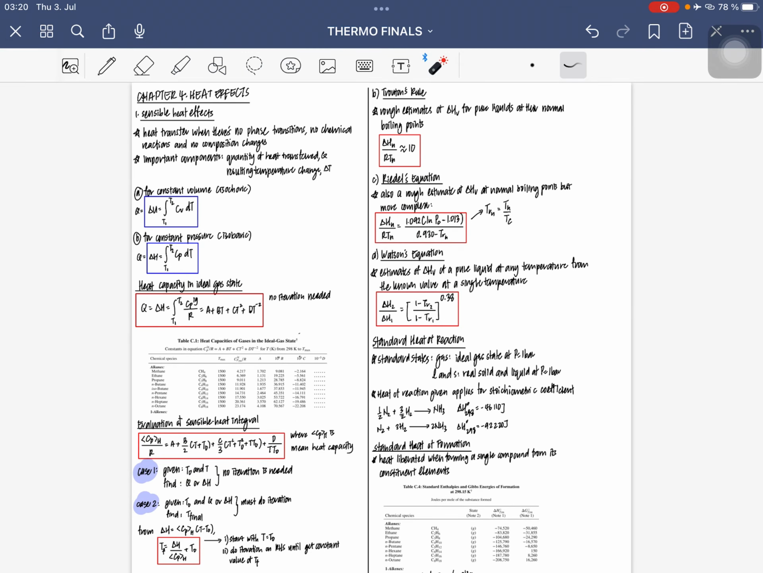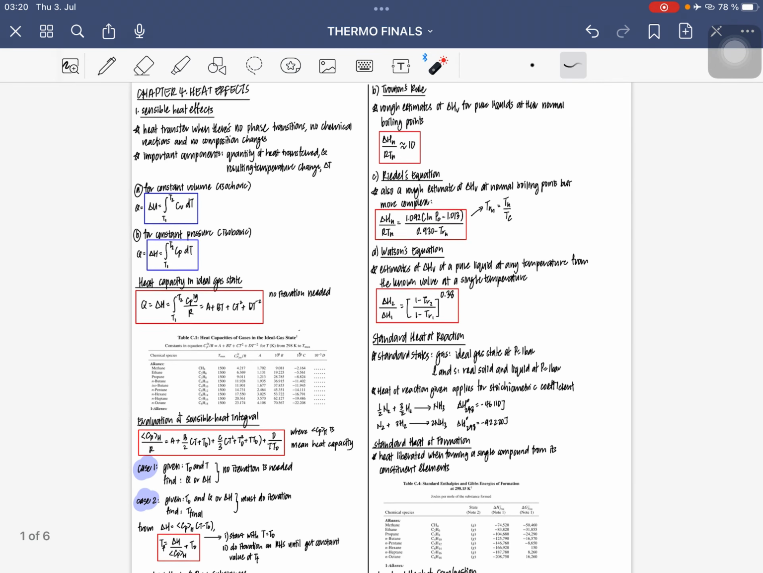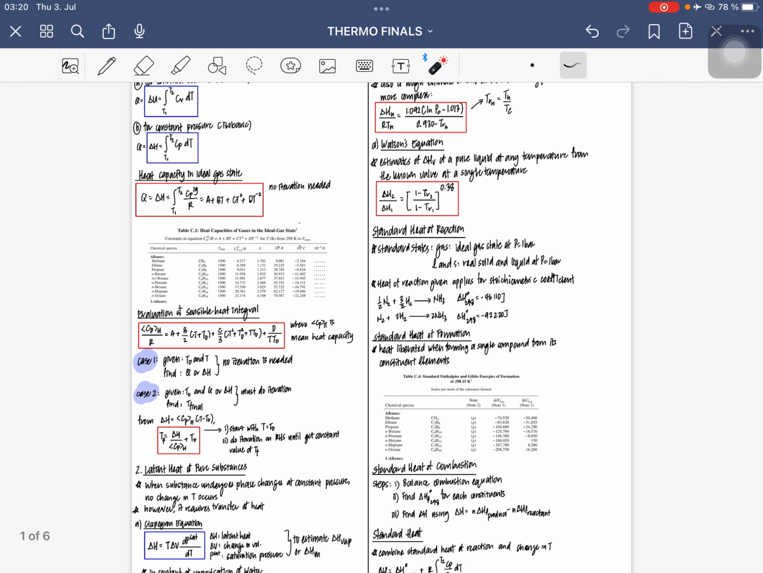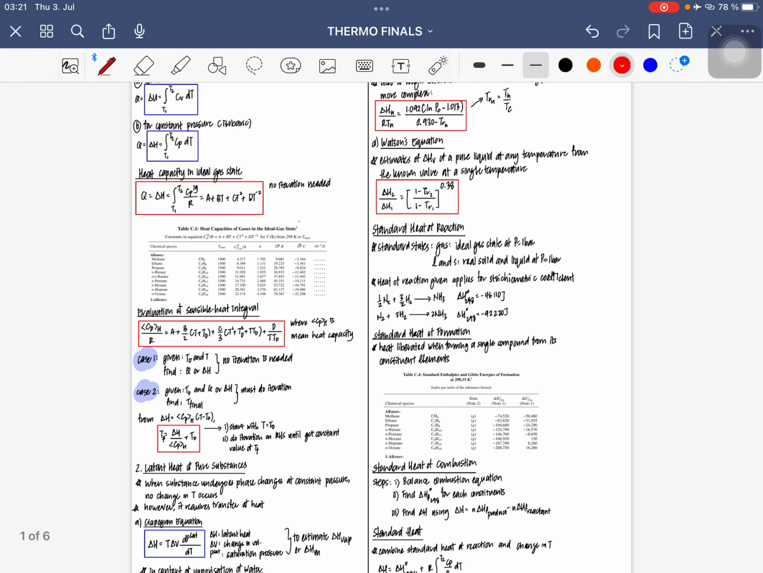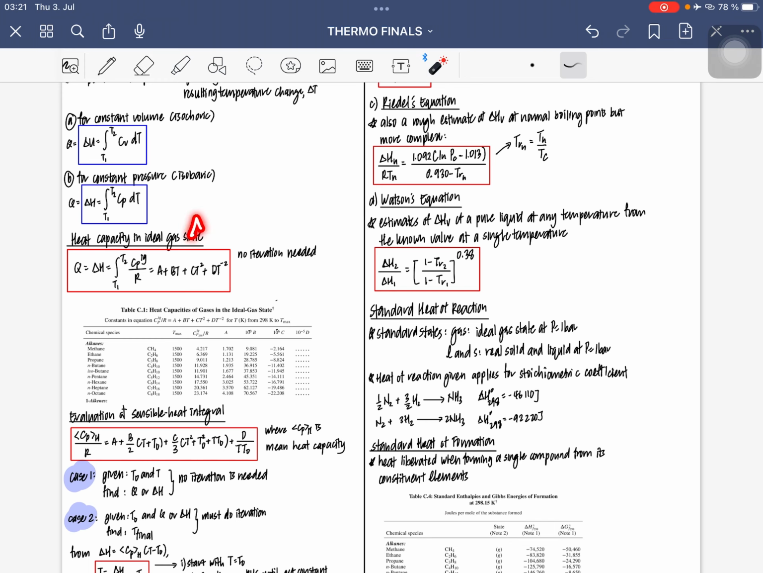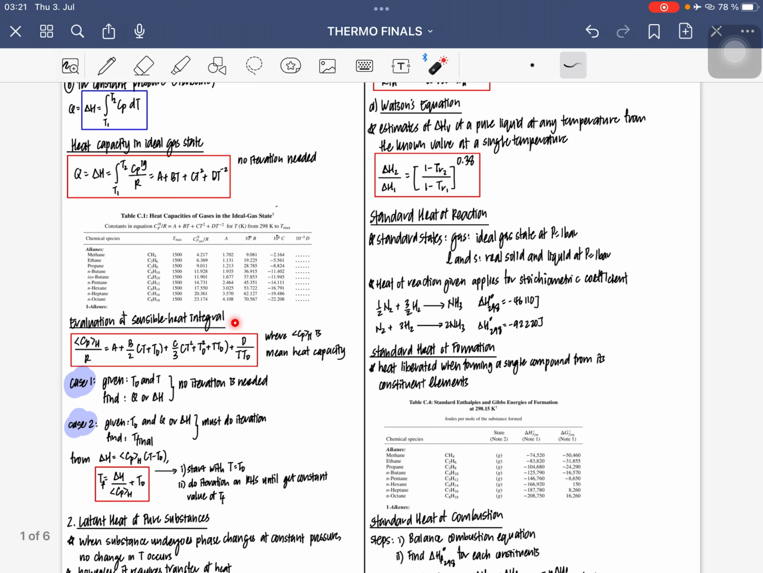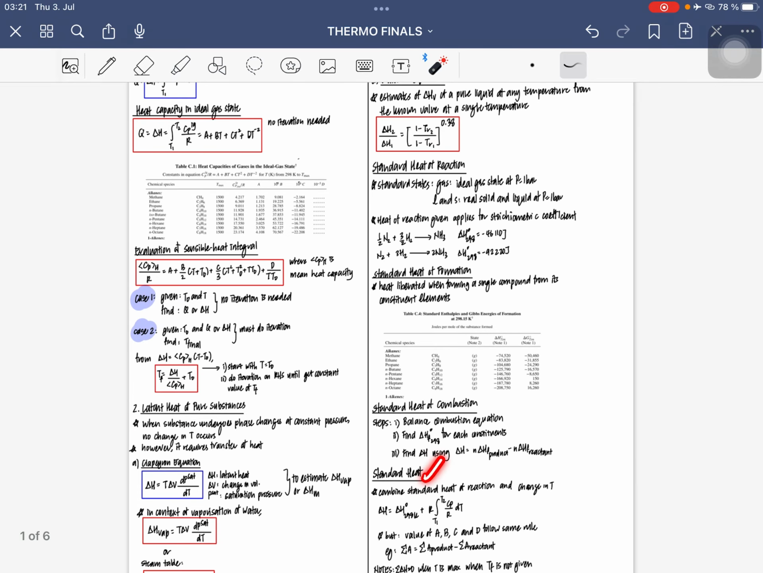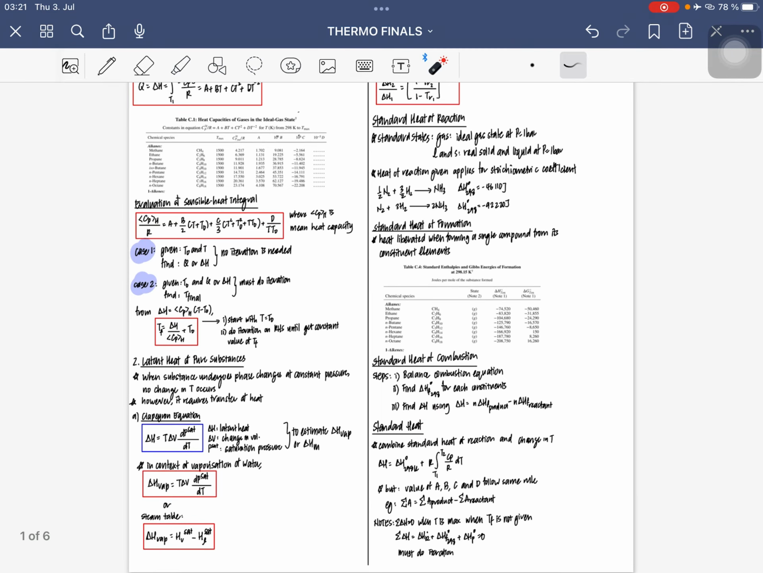So let's just go through heat effects. Heat effects is just not much. Basically, these are the important stuff that you have to familiarize with, which is the heat capacity in ideal gas state, evaluation of sensible heat integral, and the standard heat of reaction. So basically,